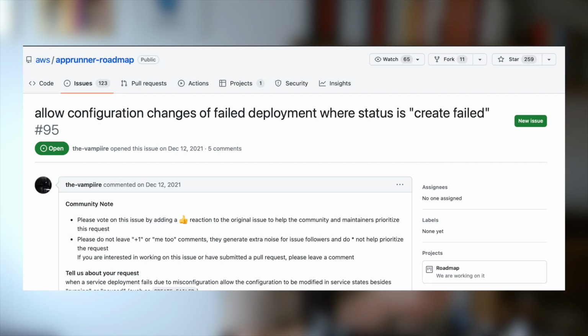And that's not only IAM configuration. If you misconfigure any little thing during this service creation step, you'll have to do everything from scratch. So you could make a typo in the secret name, you could forget to configure VPC correctly, anything, and that will force you to do everything over again.